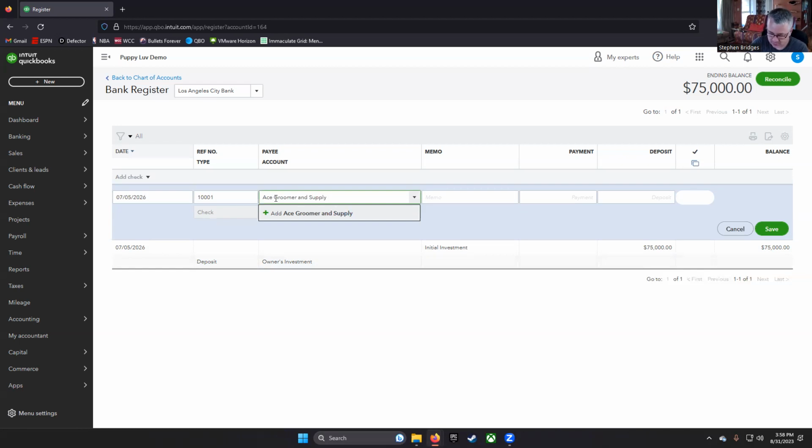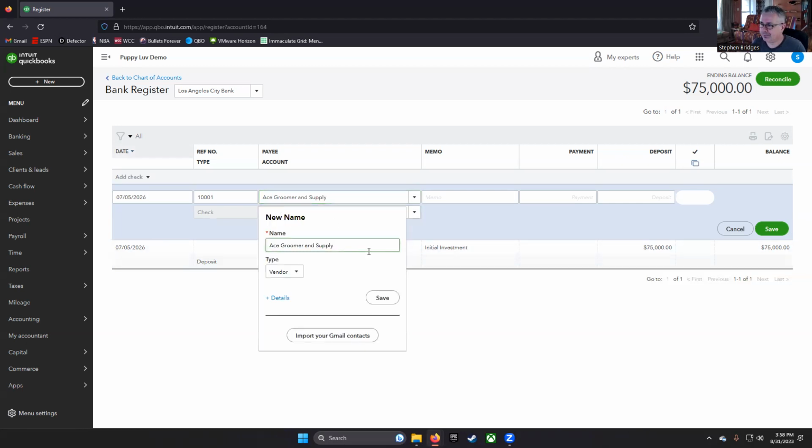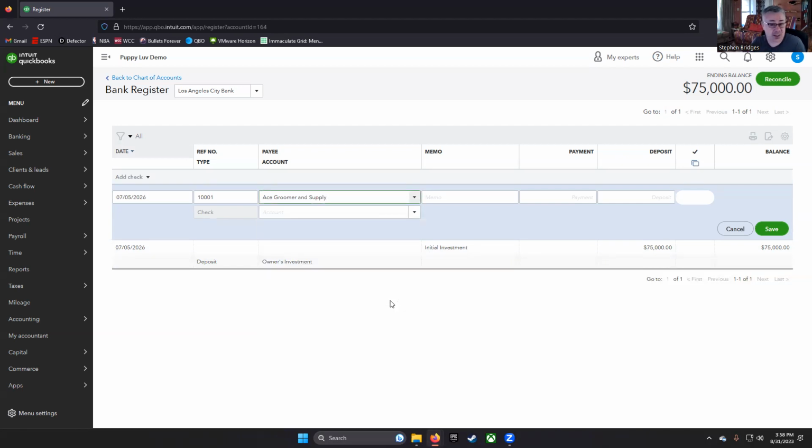Okay, so there they are. Extra space, and we're going to add them. They're a vendor. It's saved. It's pretty easy to do, clearly, but if someone's not in there yet, you have to add them. Okay. $16,000 payment,